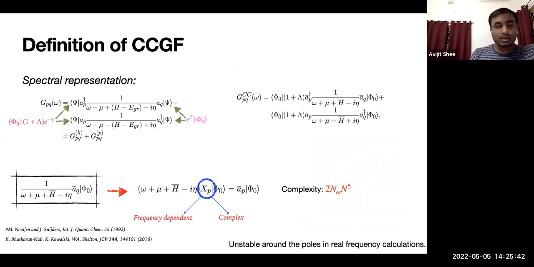And so next is that coupled cluster, as I said, is a wave function based theory, and how do we map this coupled cluster wave function to a Green's function? For that, we use the Lehmann representation or the spectral representation of the Green's function. And here, in this equation, we use the left and right hand